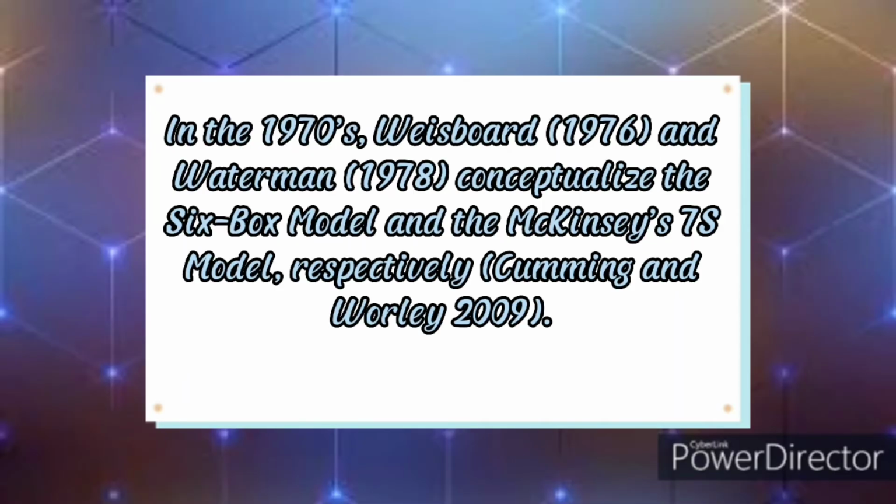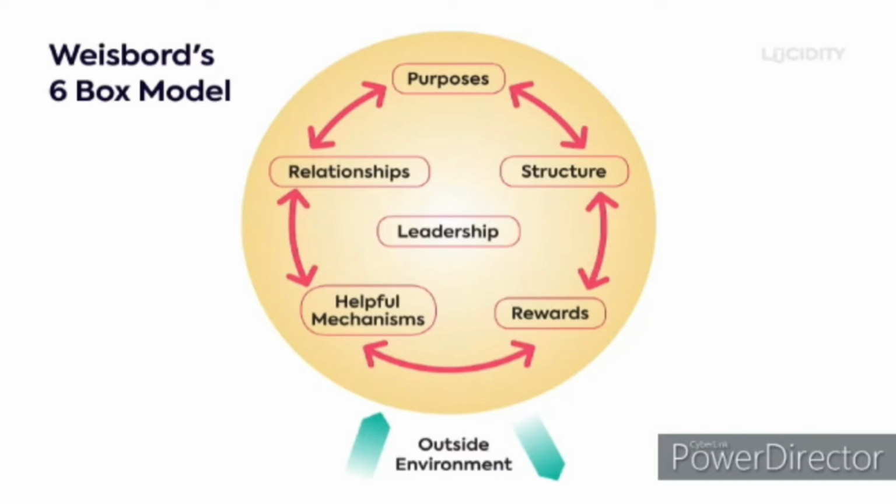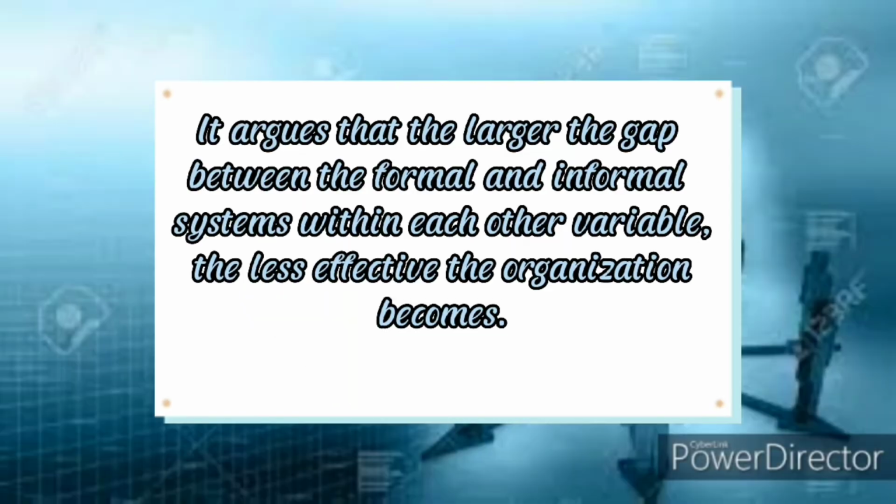Diagnostic models. In the 1970s, Weisbord (1976) and Waterman (1978) conceptualized the six-box model and the McKinsey 7S model, respectively (Cummings and Worley, 2009). The six-box model illustrates how six important aspects of the organization: purpose, structure, rewards, helpful mechanisms, leadership, and relationships are connected to each other. It argues that the larger the gap between the formal and informal systems within each variable, the